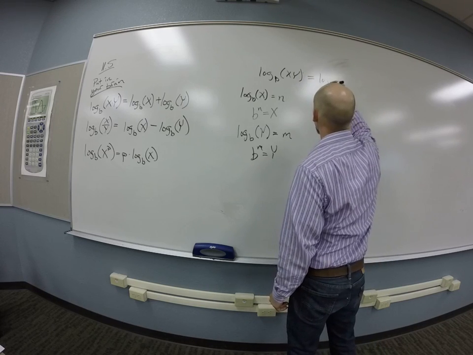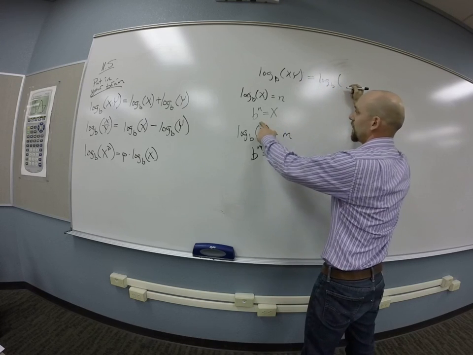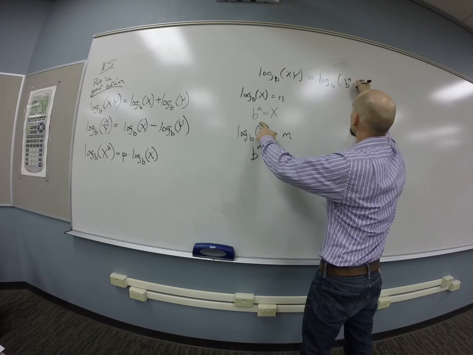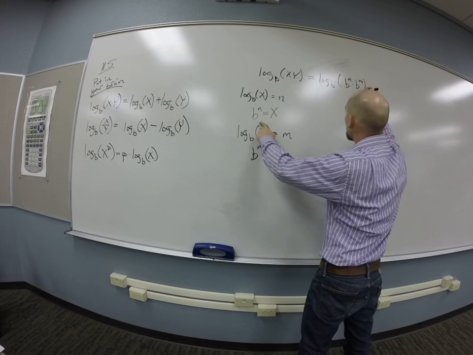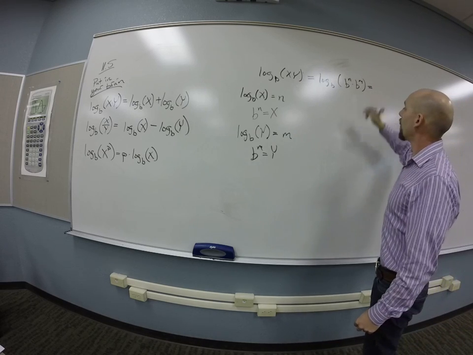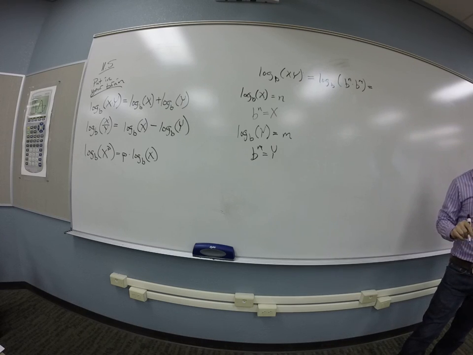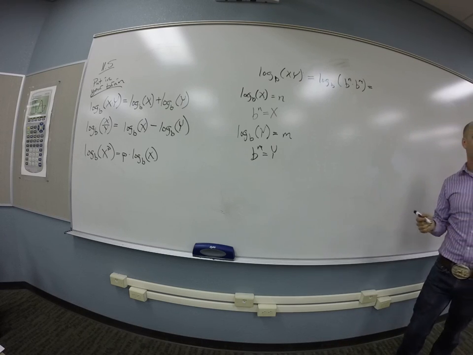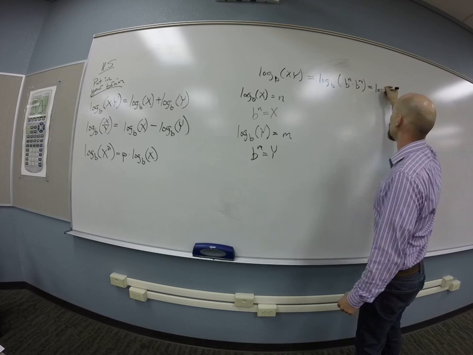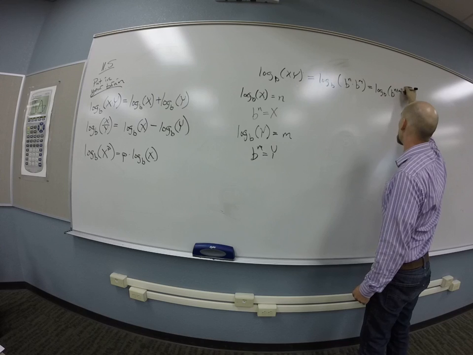So this is log base b of b to the n times b to the m, right? Now one of my exponent rules lets me do what with the powers? Add them? Yeah, I can add the powers. So this is log base b of b to the n plus m power,